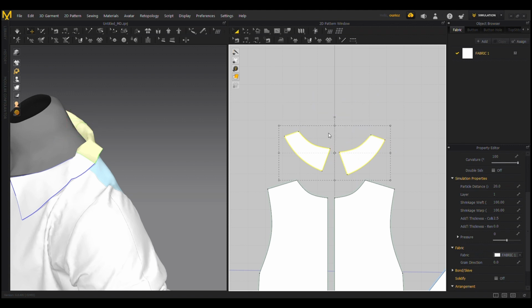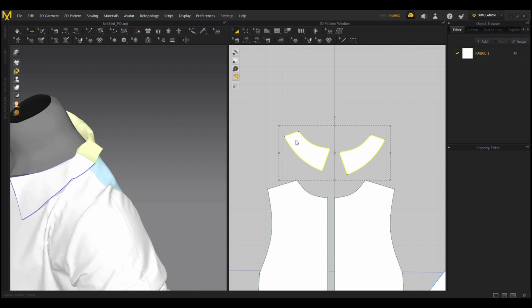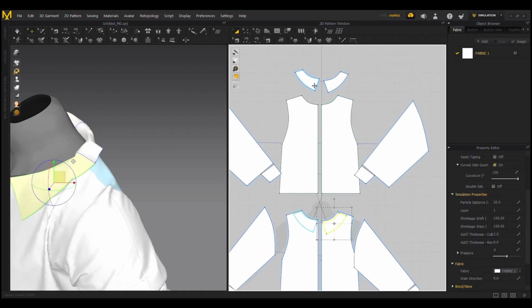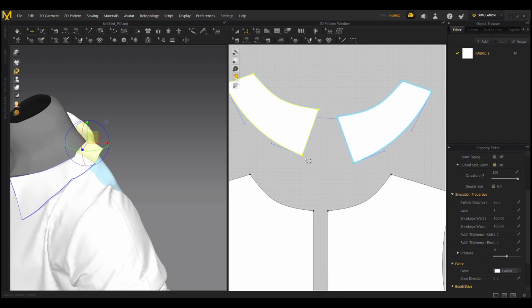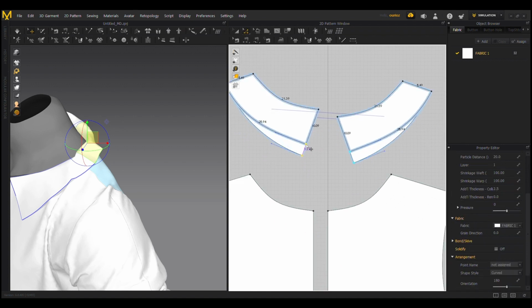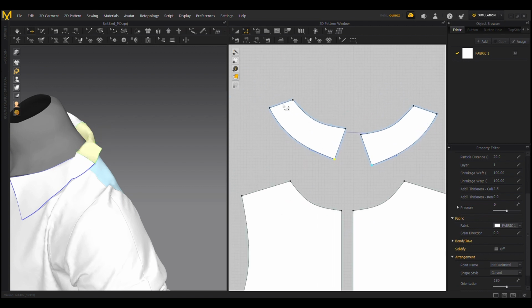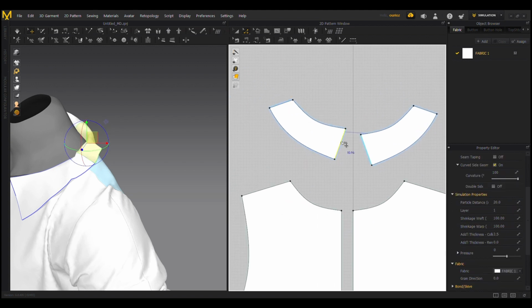Link these two together so that these pieces will edit separately from these two pieces. And then I'm going to select this point, bring it in a bit, and kind of make this